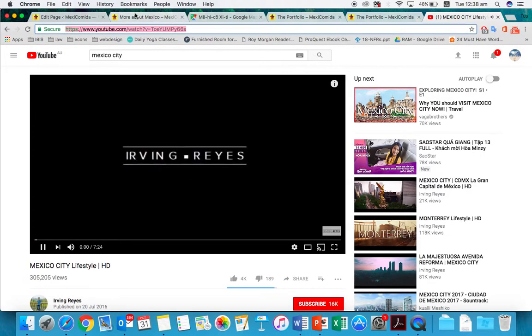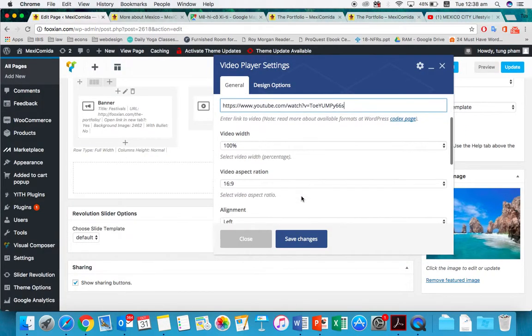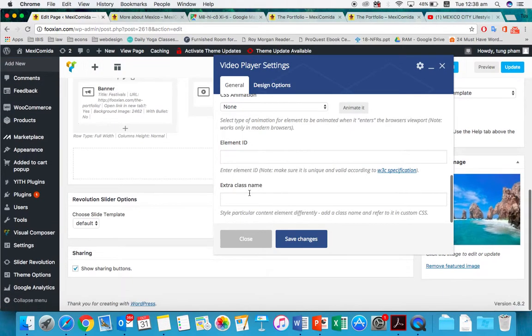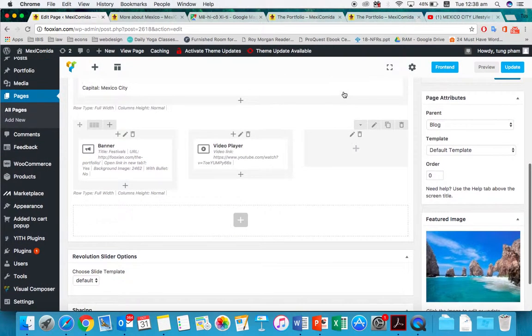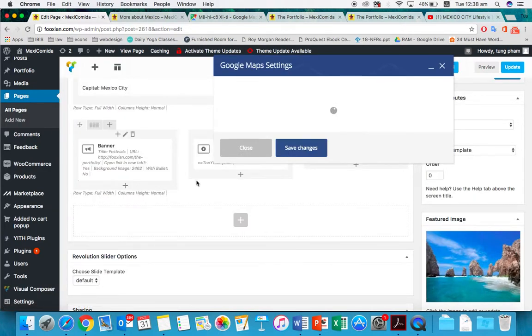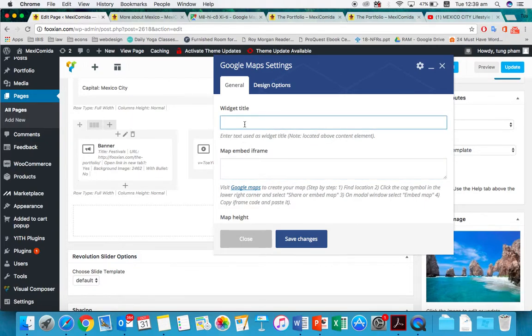I'm going to copy the link and paste it over here. You can choose the width of the video. That's safe. And then you also can choose the Google Map as well. There are so many options over here. For example, I'm gonna click on this one,